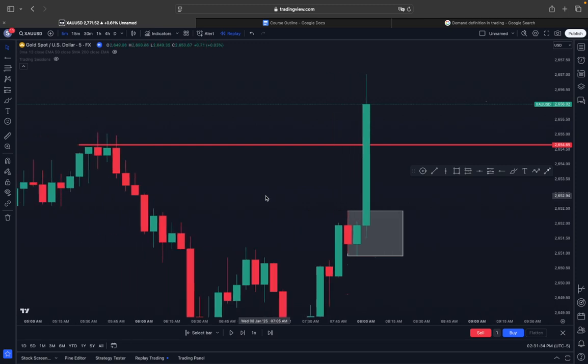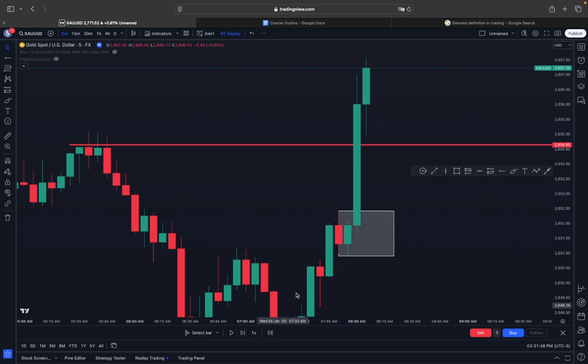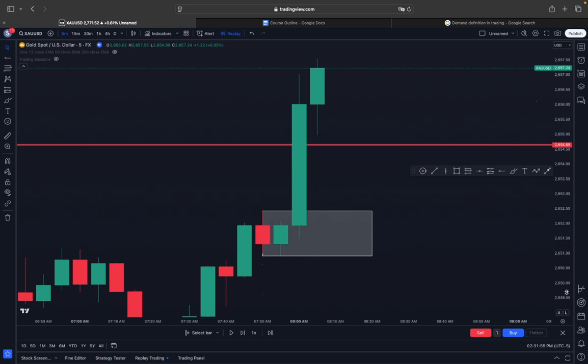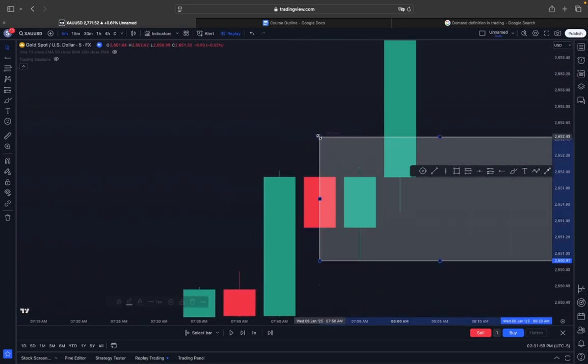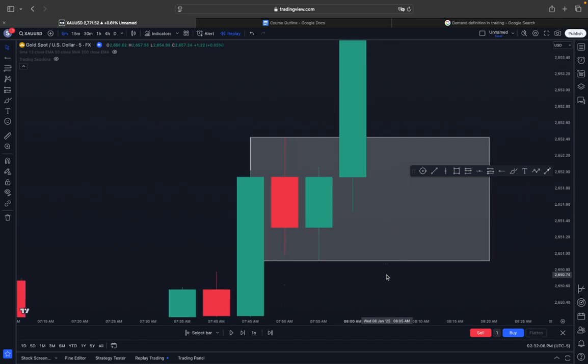Then the next thing you want to look for, okay, we see we got a break. I like to go ahead and draw my box and wait and see what that next candle does. Now, when you're drawing these, you need to be very, very specific. You got to get all the way down and make sure you got it directly on these wicks, because you need to see